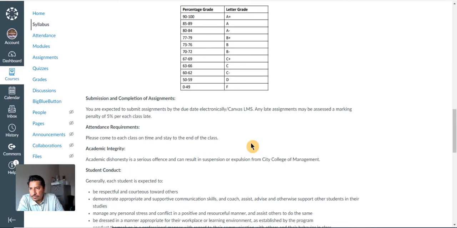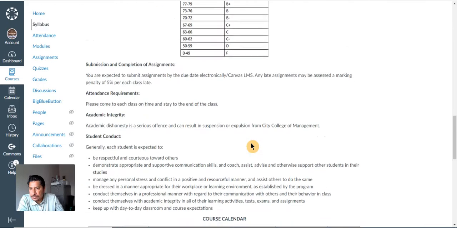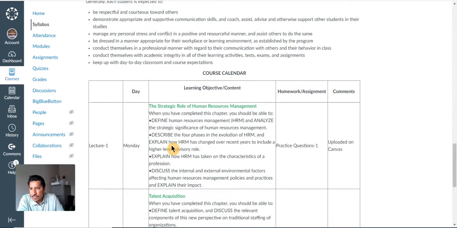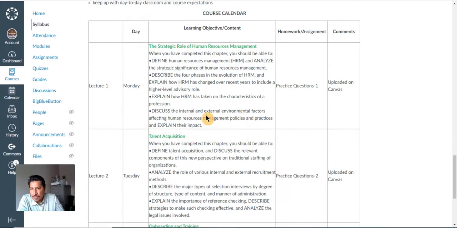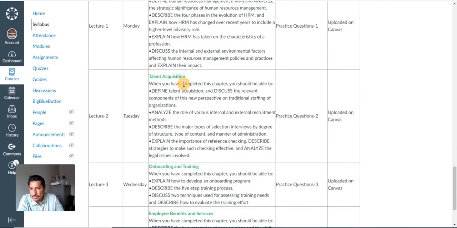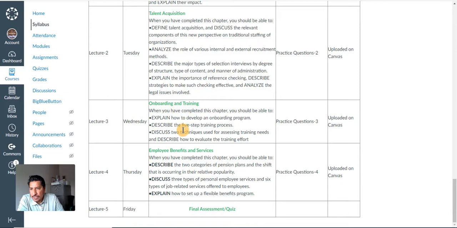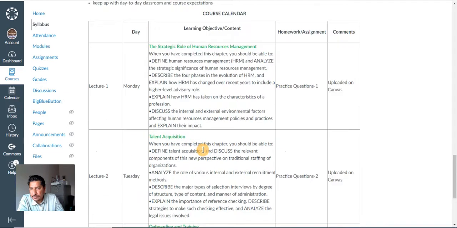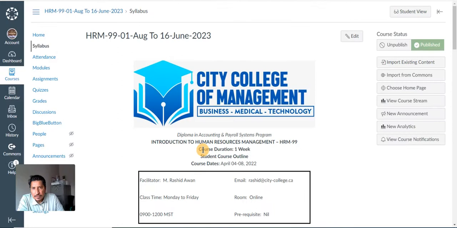Everything is on your Canvas LMS. And you will be able to look around the lecture one, which is about the strategic role of human resource management. The next is talent acquisition, onboarding and training, and employee benefit services. So feel free to browse your LMS and be comfortable reading all of these